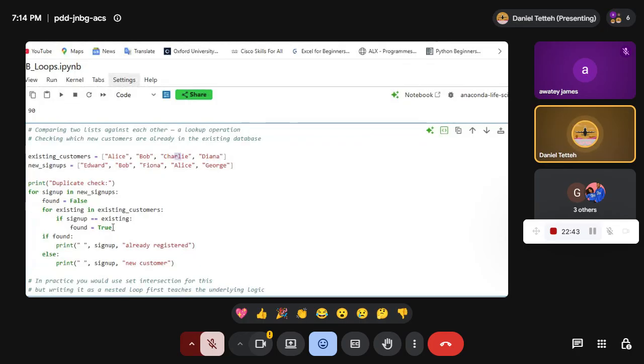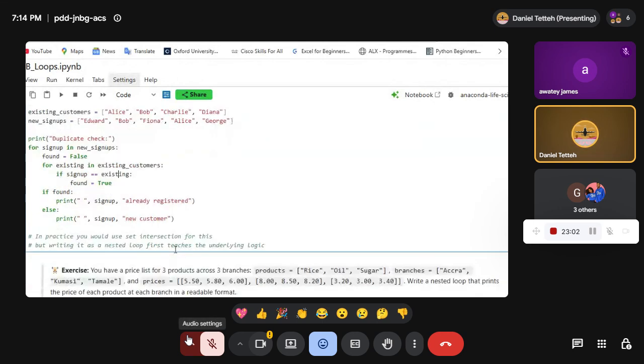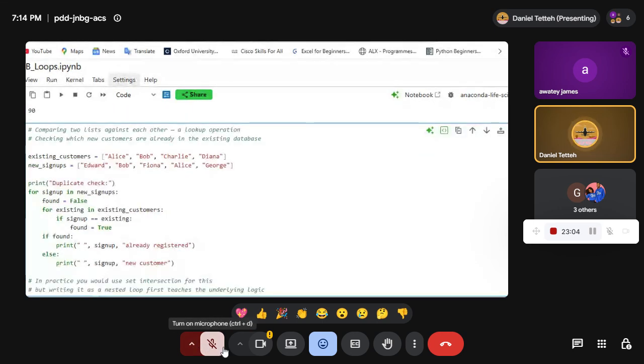And then if found, that means if true, because we know that the if takes only a true statement, print. So we just leave an empty space, sign up, which will be the name. Then you say already registered. Else print sign up, comma, new customer. Very simple. Please, do you understand the